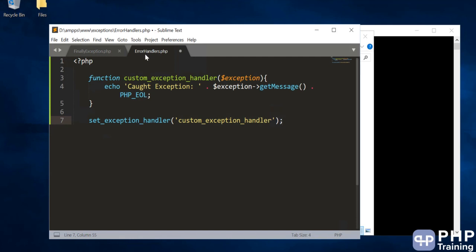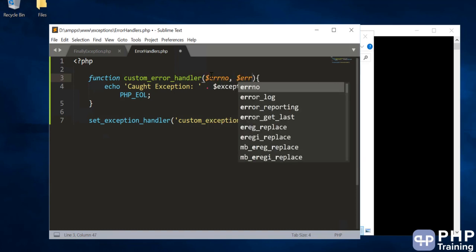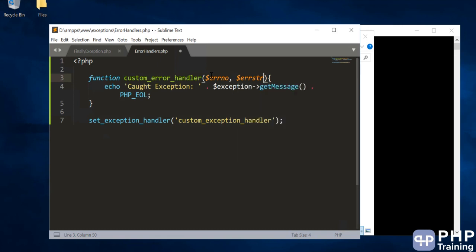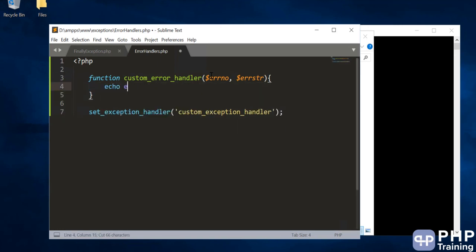into an error. Okay, so instead of exception, it's a custom name. We're going to change it to error. For the error handler, you have to pass two things. One is the error number, one is the error string. Okay, and we're just going to echo the